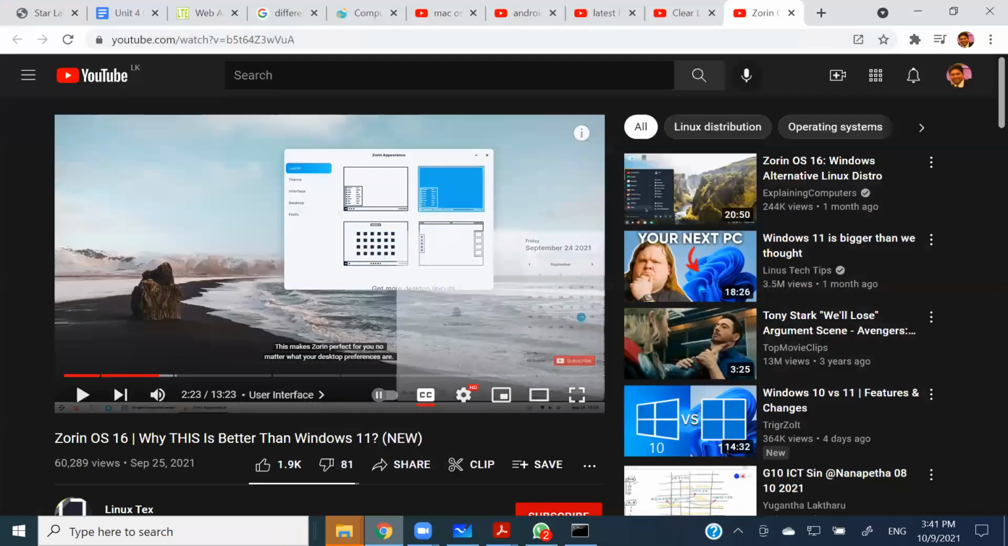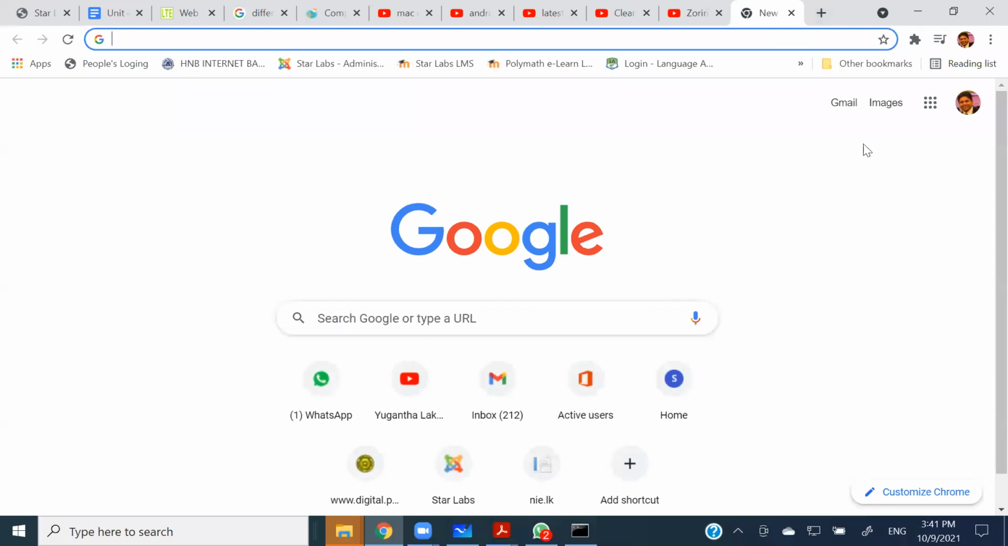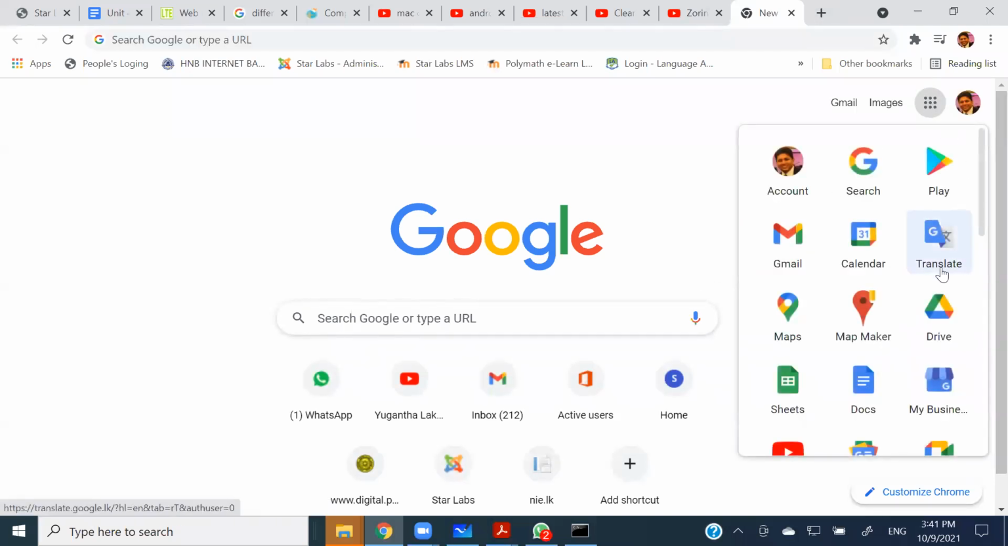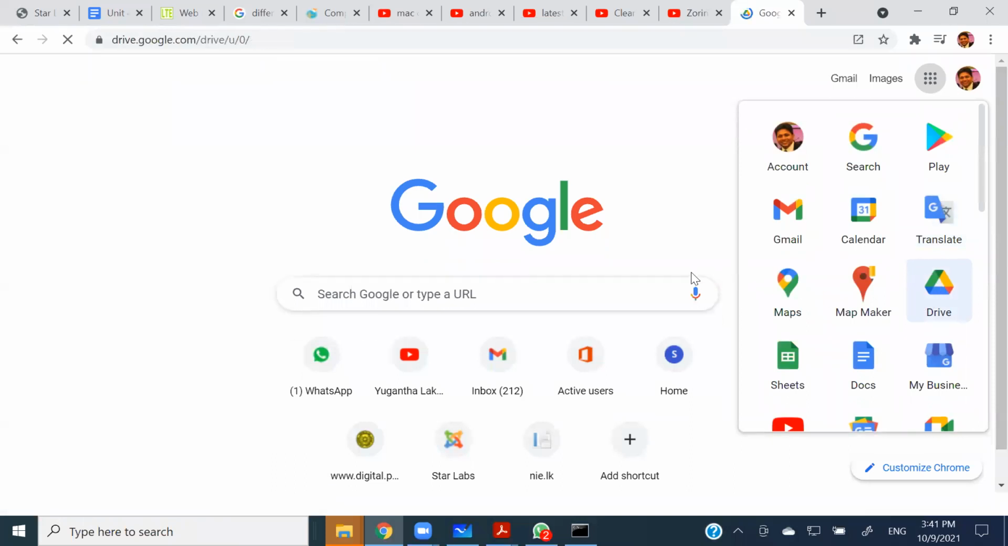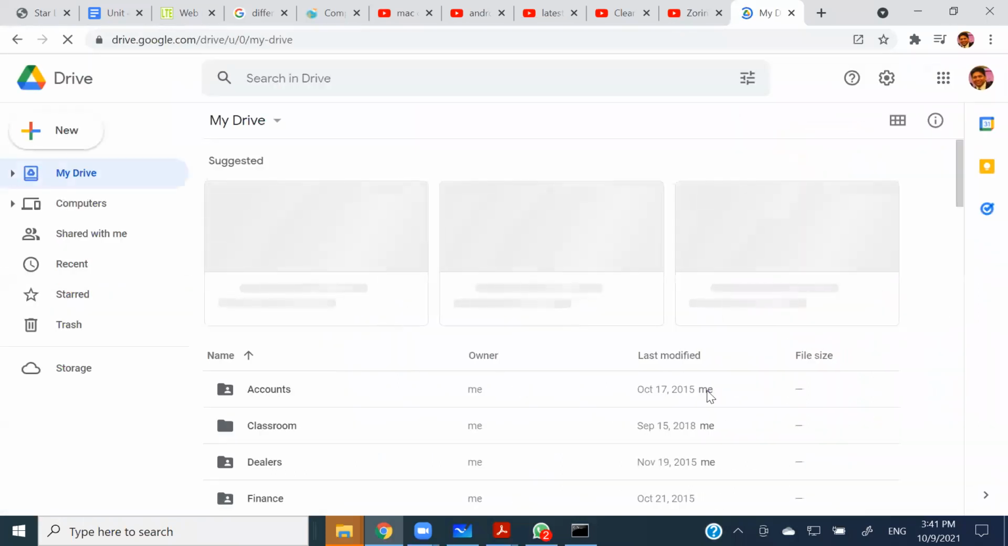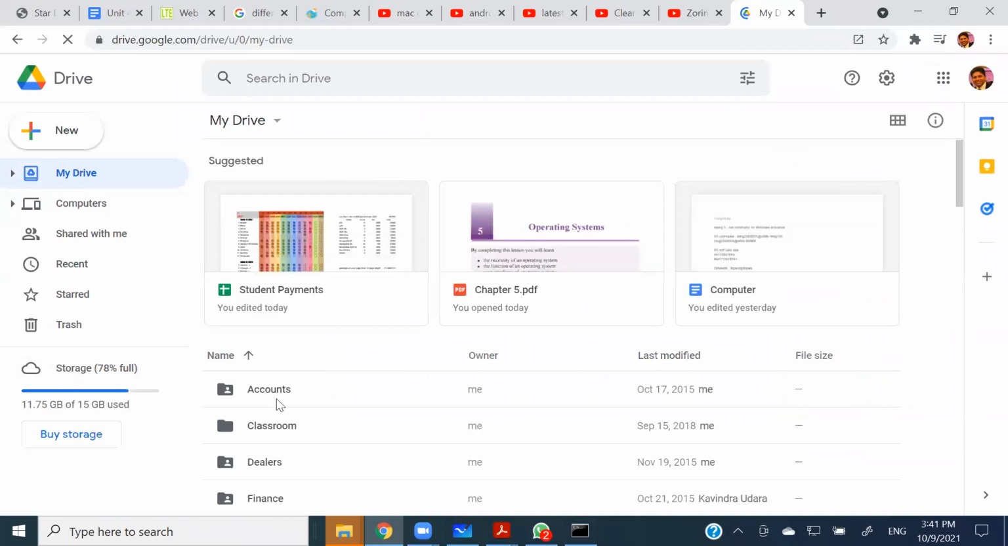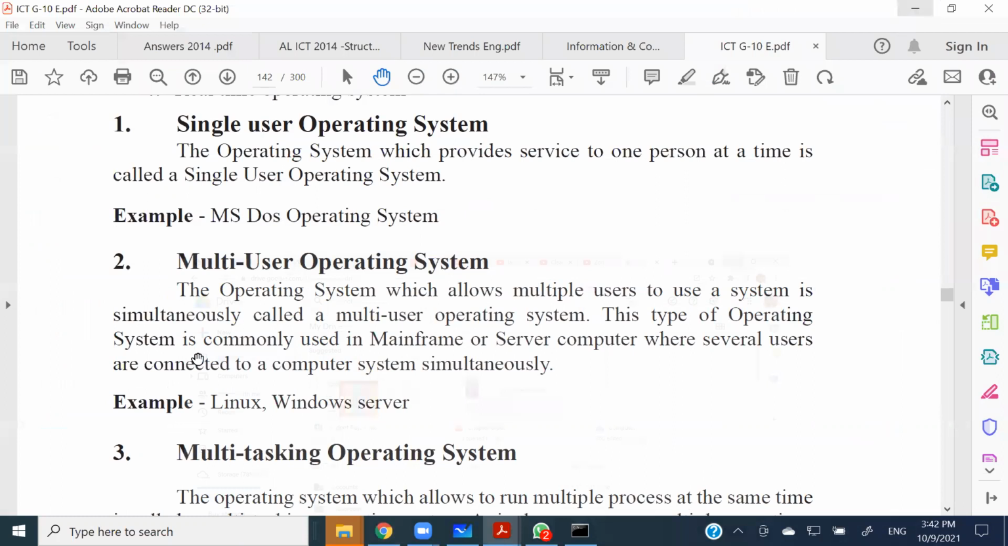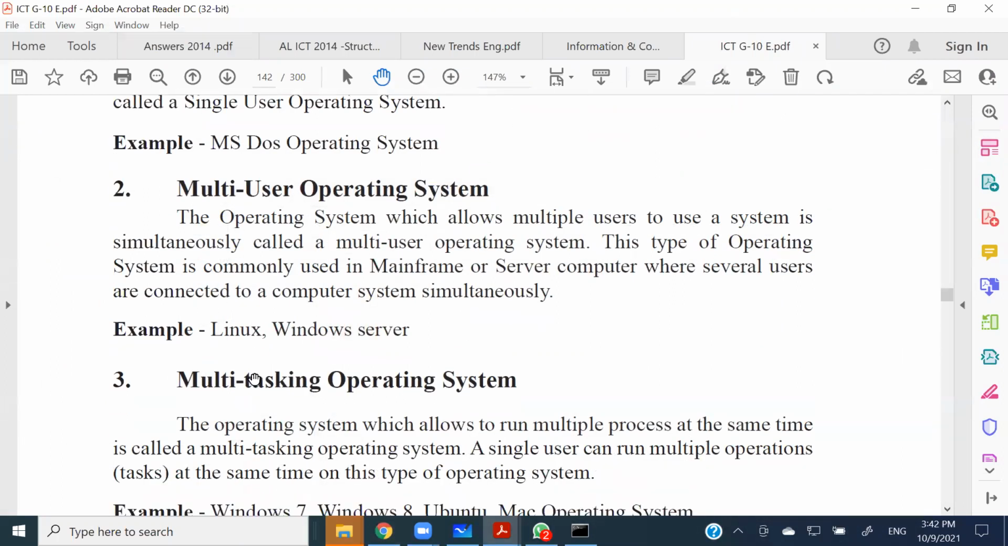Now, if you think about a cloud operating system like Google Drive, right? Google Drive is not a cloud operating system, but if you think of the drive as an operating system, then if I share a document on it, everyone can work on that document at the same time. So if this is one particular operating system accessed by many users, it is called a multi-user operating system, right? Then the next one is multitasking operating system,